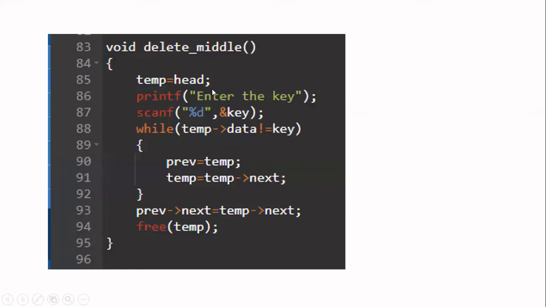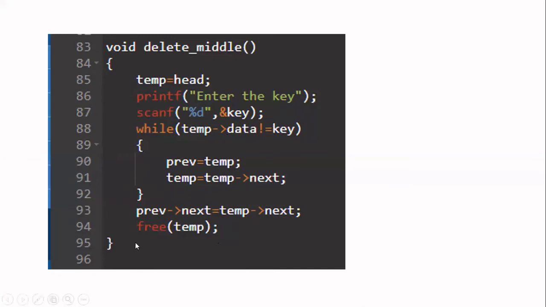Let me tell you one more time. I'm starting with temp. I am initializing that with head. From the user, I am getting the key value. Then I'm going to search my entire linked list. I am checking whether data of temp is not equal to key. If it is not equal to key, I have to do 2 pointer changes that I'm doing here. Current temp, I am storing it in previous, and next of temp, I am storing it in temp. When I come outside the loop, I have to do only 1 pointer change. That pointer change is nothing but whatever is in next of temp, that I have to put in next of previous. Then I have to release a node to the garbage.